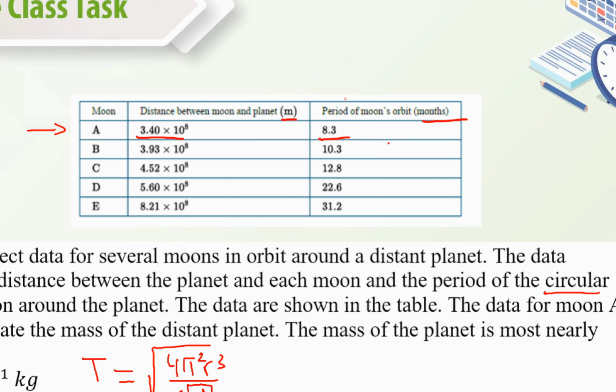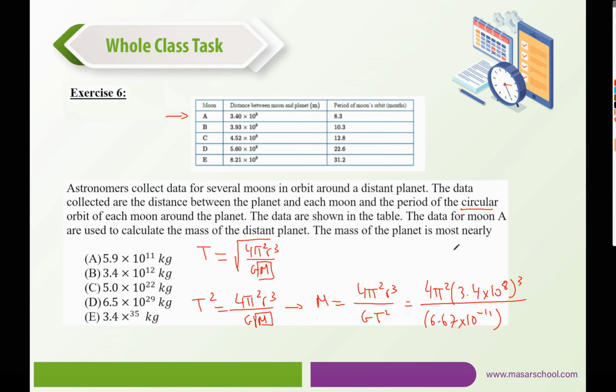We know that every month is 30 days, and a day is 24 hours, and hours need to be converted to seconds. We should multiply by 3,600. Why 3,600? Because each hour is 60 minutes, and 60 minutes times 60 seconds would be 3,600 seconds, which is basically 30 multiplied by 24 multiplied by 3,600, raised to the power of 2. Plugging that fraction into the calculator, we would get the mass given by